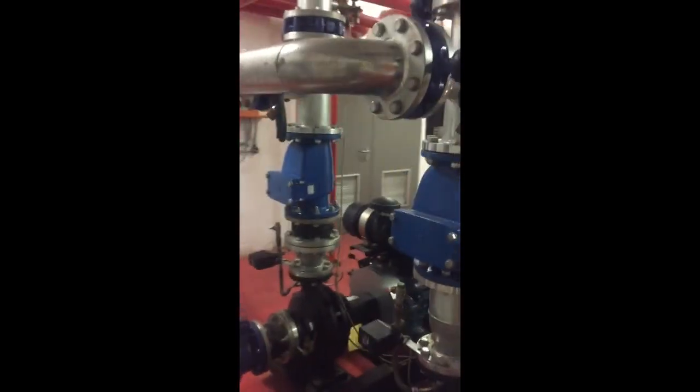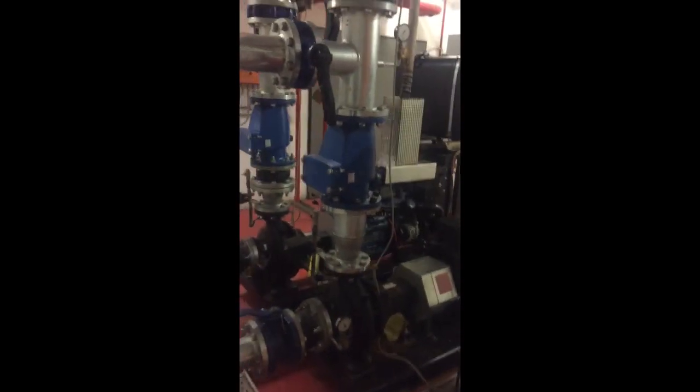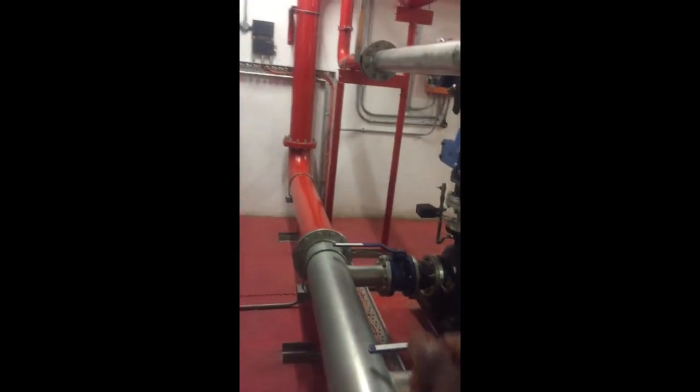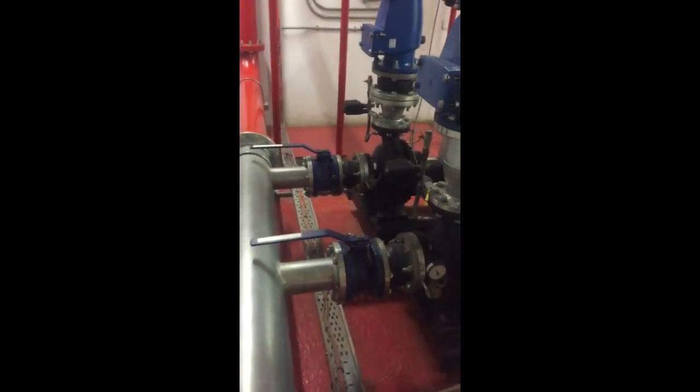This continues in that way until the pressure gets to about 5 bars. At a pressure loss of 5 bars, or minus 5 bars, the electric pump kicks up. This is the electric pump. When it kicks up, it continues to pump water back into the pipelines, sucking water at a high pressure through these suction lines, right in here,